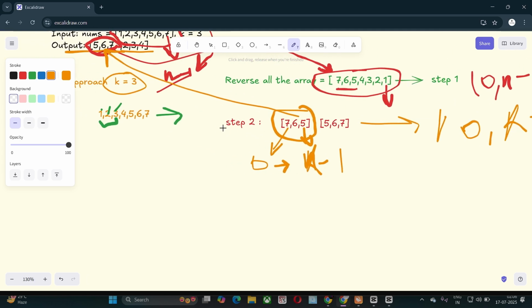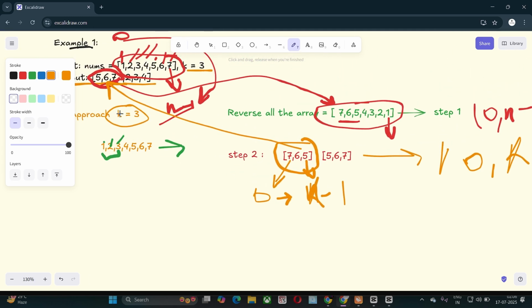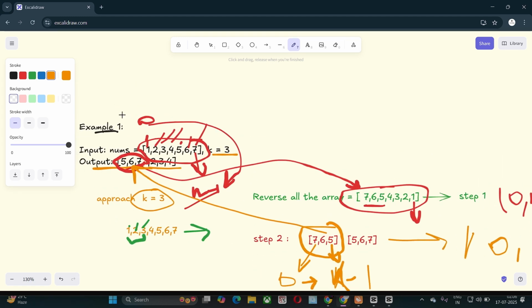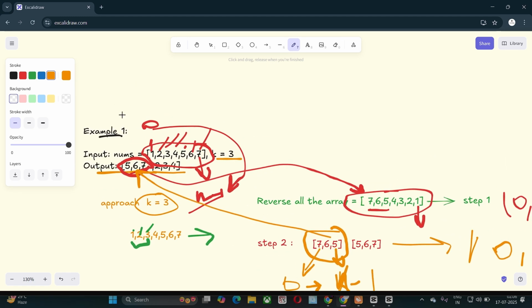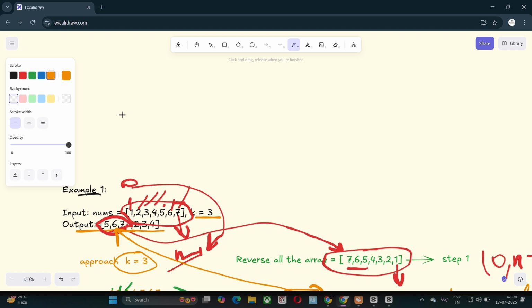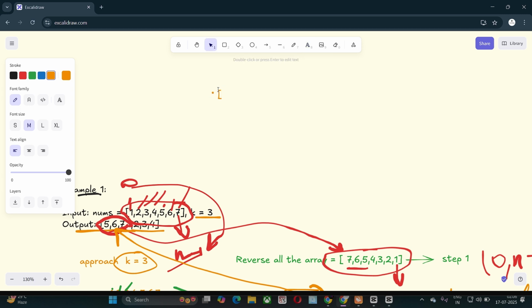So we take our k. k is equal to 3. We take the elements 0 to 1 to 3. First of all we take k equal to 1.